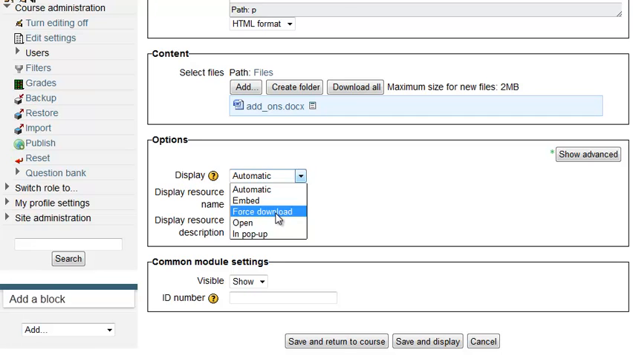So this is a nice option if you want to ensure that the file is downloadable by the students, because some students might not pick up readily that if the file opens within the web browser, they would have to click on save to save it to their machine. So I'm gonna click force download, and this option known as show will determine whether or not this file is visible to the student. So if you're still working on this file, or you're not sure if you want to give them access to this file as yet, you can always hide it. Let's go ahead and click save and return to course,